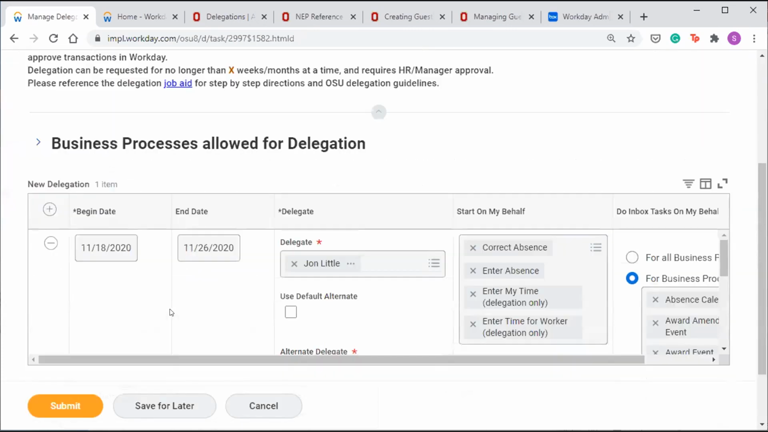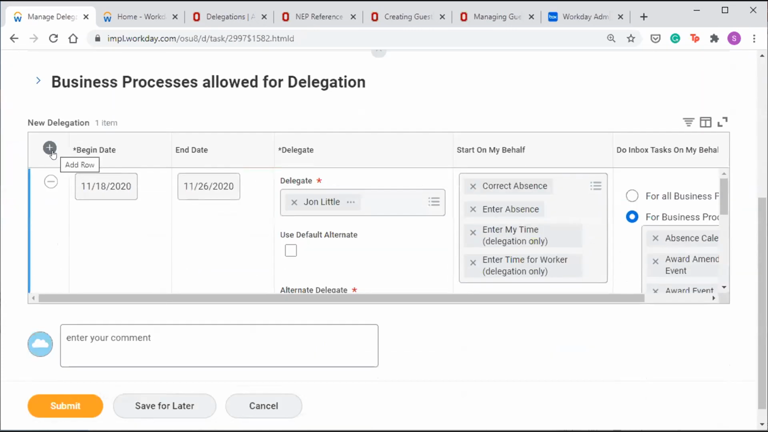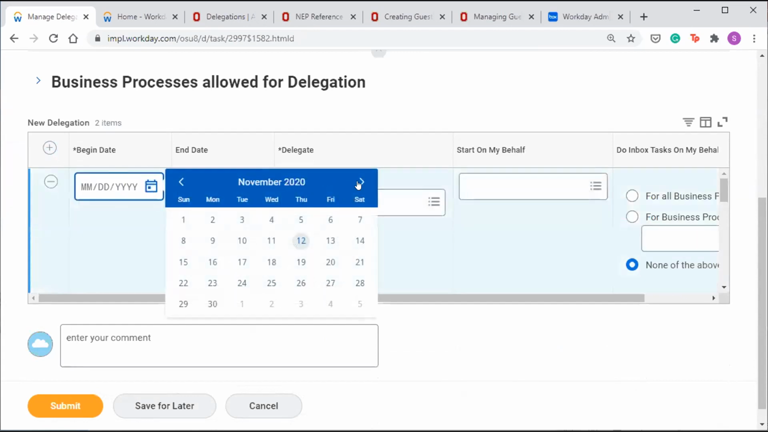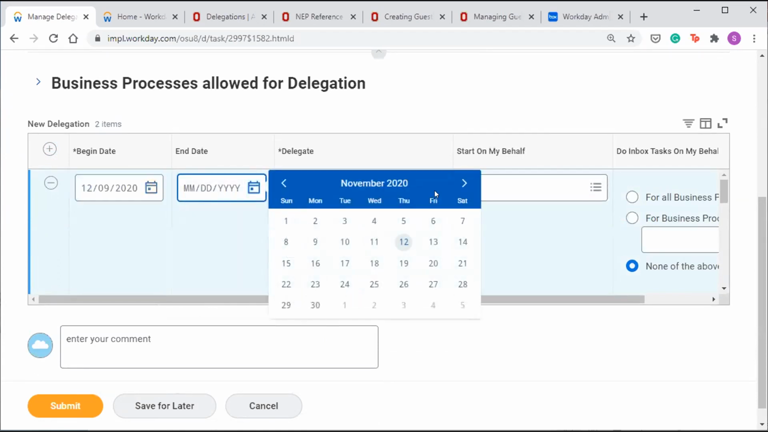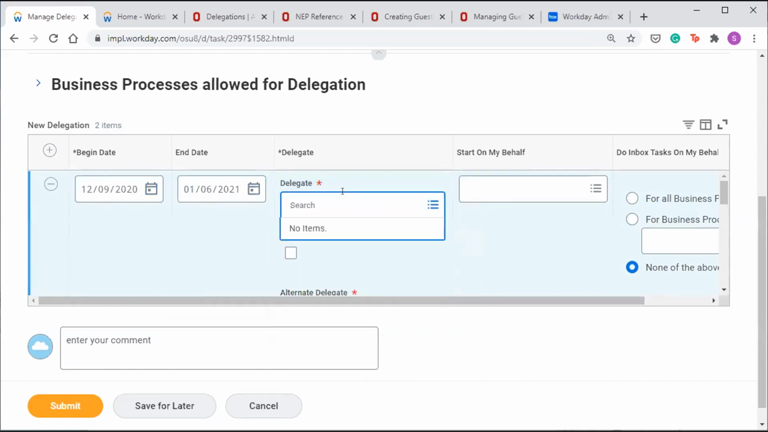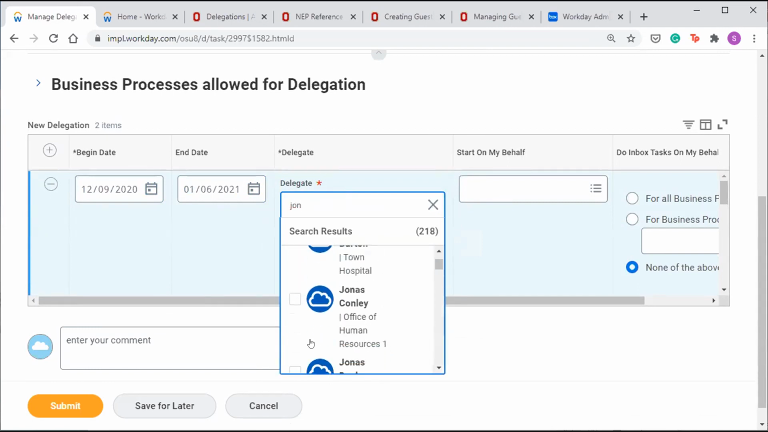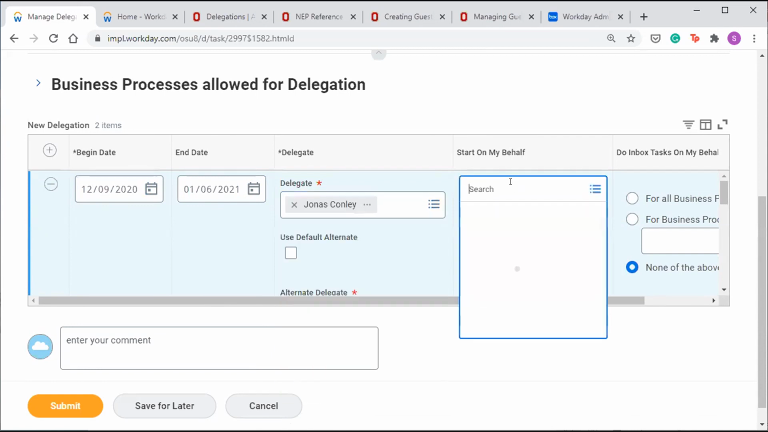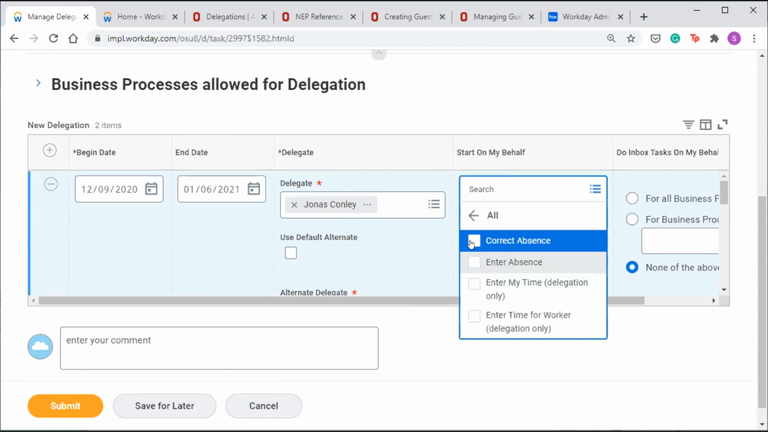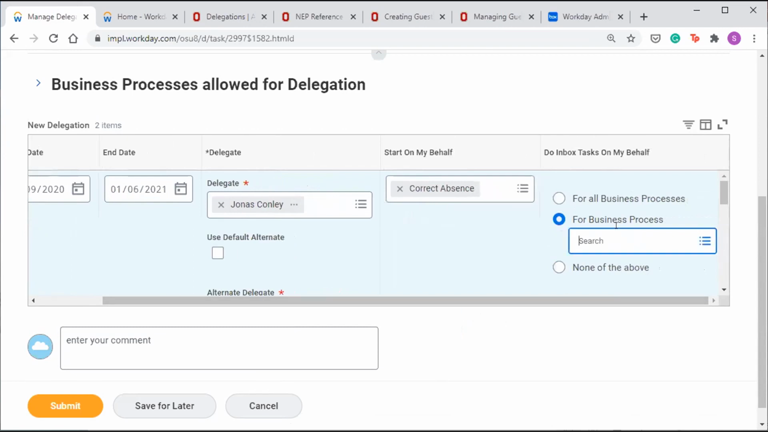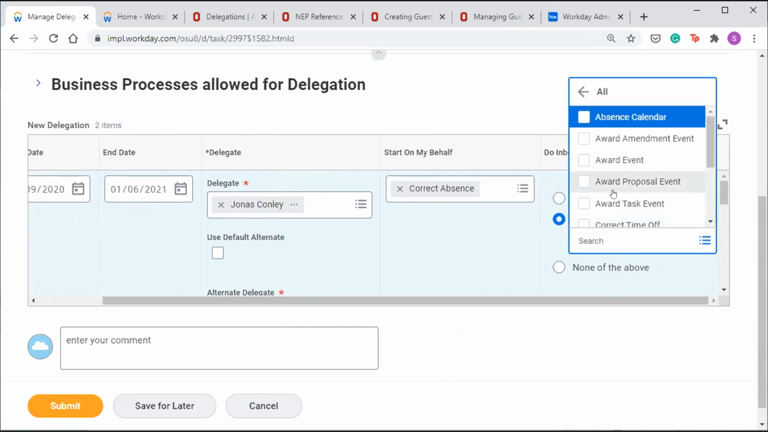So I'll show you an example of how easy it is to fulfill this process. This is one that I added so that you could see what an existing one looks like, but I'll show you what it looks like to add a new one. Let's say I'm going away for a month, maybe more than a month, and I want to be able to delegate certain inbox tasks to my friend John or Jonas, because I already gave John some items, and I just want him to be able to correct absence for me in terms of things that he can start, and in terms of things that I want him to be able to